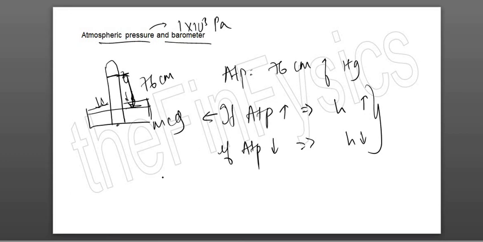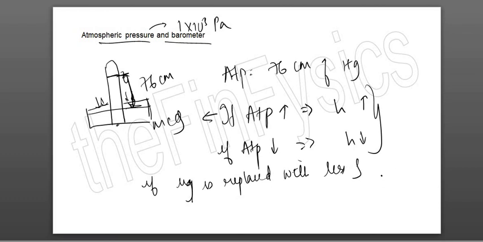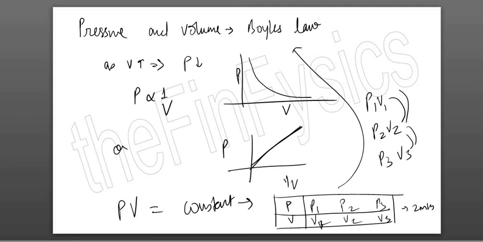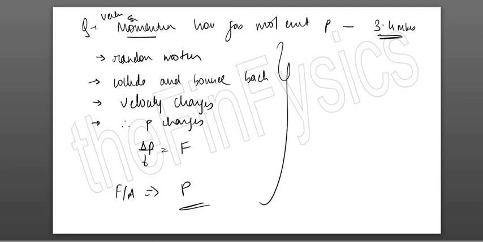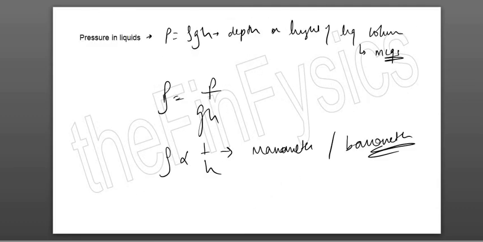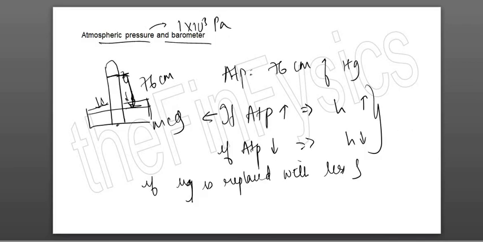Okay. Then they will ask you sometimes if the liquid is replaced. We have normally mercury. If the liquid is replaced with a less dense liquid, what will happen to the height? If you remember, we had correlated density and height. Where did it go? Over here. No, sorry, wait. Here. Density and height are inversely proportional. So if you replace it with a less dense liquid, then the height is going to increase. This comes for 2 marks, okay, or sometimes 1 mark. Are we clear with this, bachas?